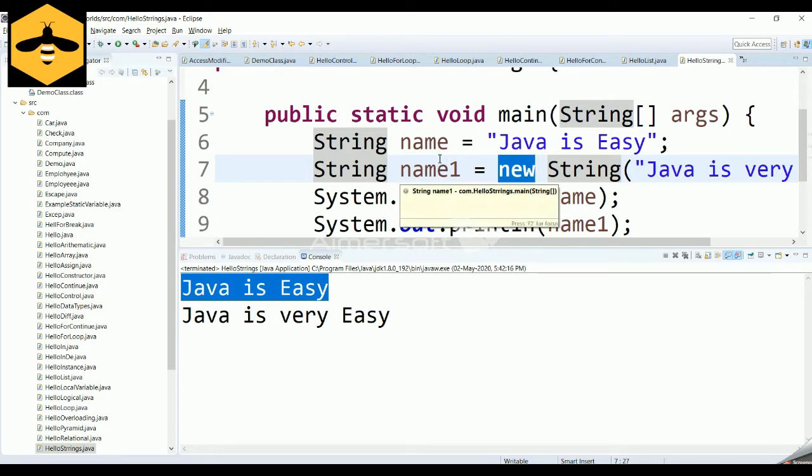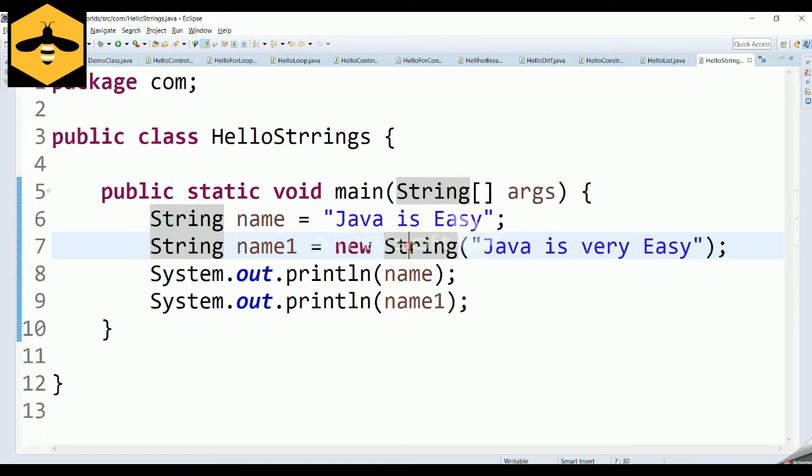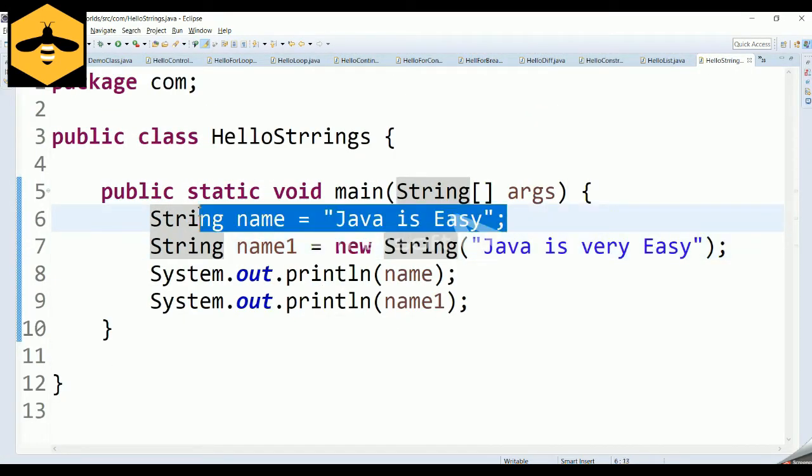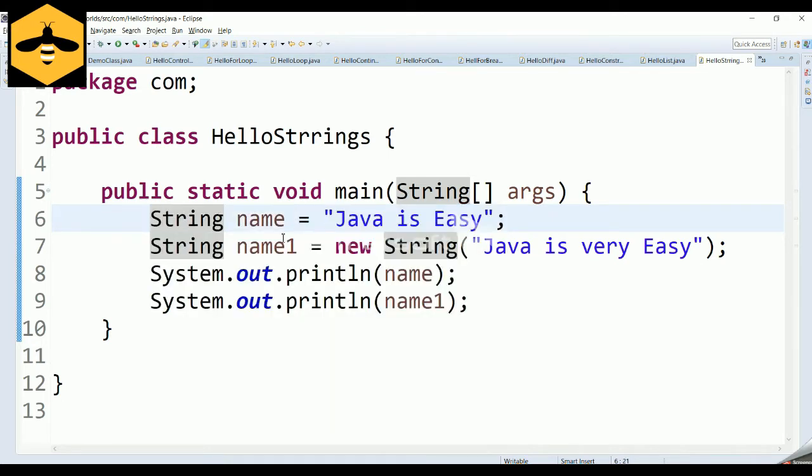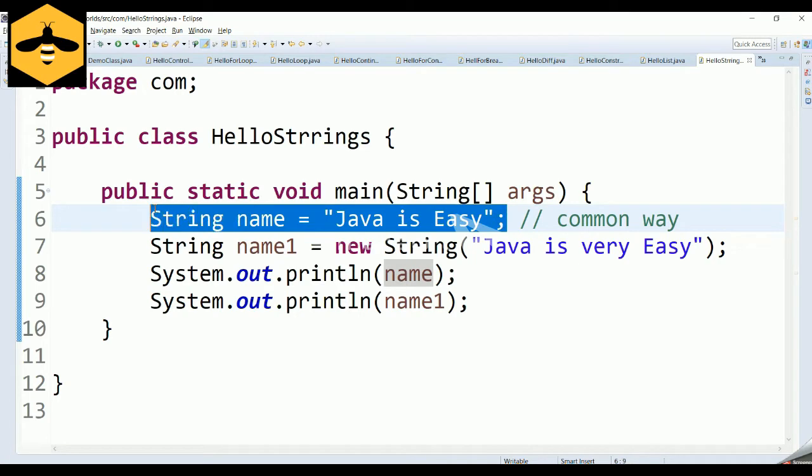So this is the basics of string. This is how we create a string in Java. Even if you don't use the new keyword, the compiler itself will put a new keyword for this and create the string for you. So this is the most common way we create a string in Java. We don't use the new keyword often, we just make use of the string literal, but there is some internal difference in using the new keyword and not using it, and I will cover that in a separate video. So for now, let's take this as the common way of creating a string in Java.